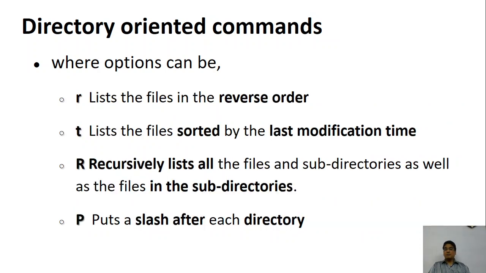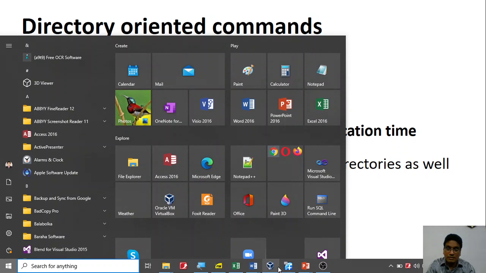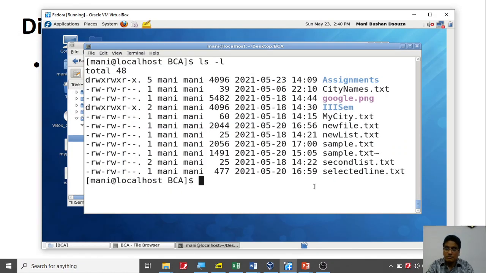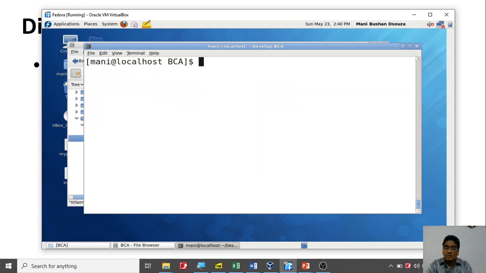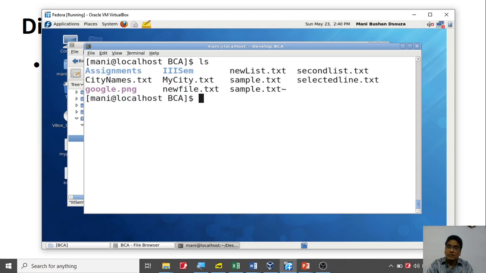Then we have another option called r, which is going to show the content in the reverse order. What's the meaning of saying reverse order? It's going to sort in the reverse order. So let me clear it and just show you. Let me say ls, and you see A, assignment and so on and so forth.